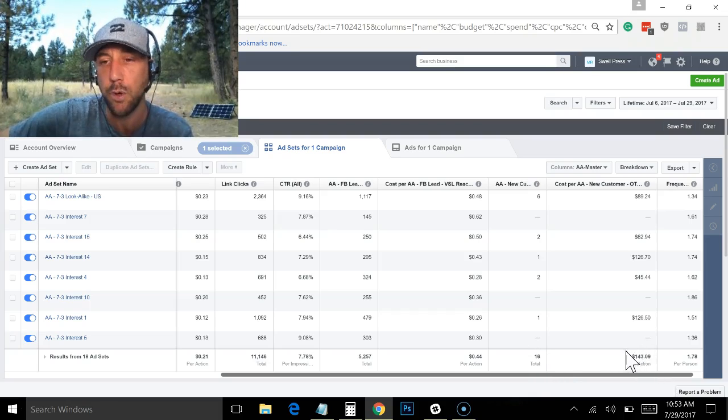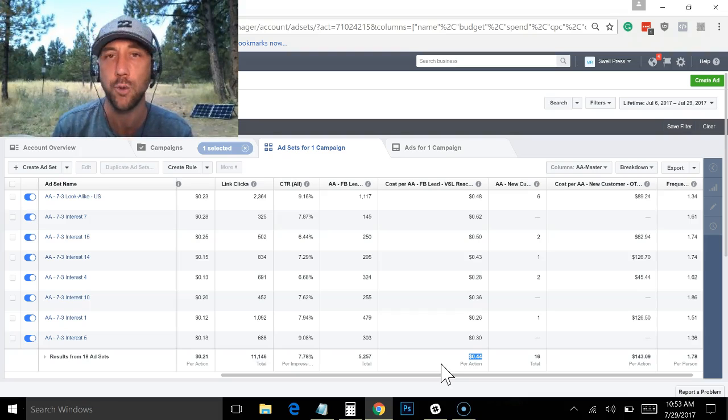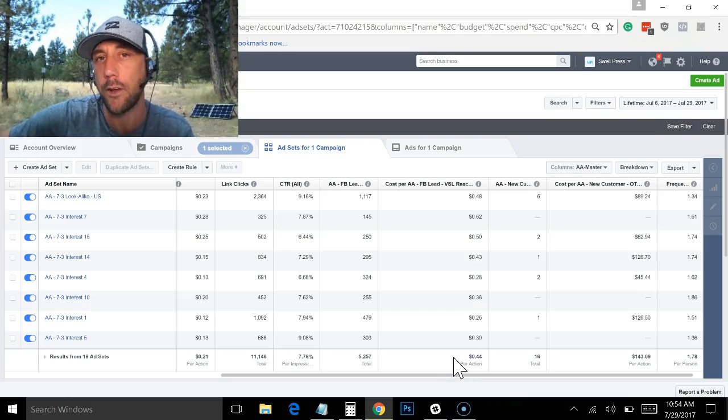So my cost per action here is high, right? I'm spending more than I can per customer. Personally, I'm okay with this because my cost per lead is within my KPI. I know the lifetime value of my lead. If I didn't have a bankroll to back my advertising with and a really solid understanding of the lifetime value of my leads and knowing that a 44-cent lead is well worth it, I would have been in